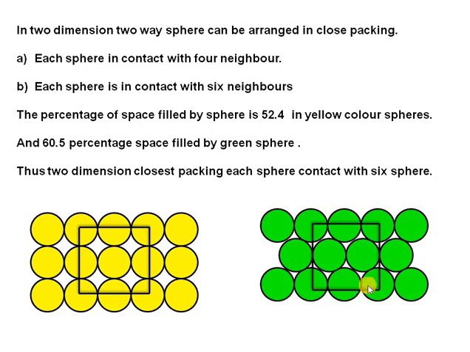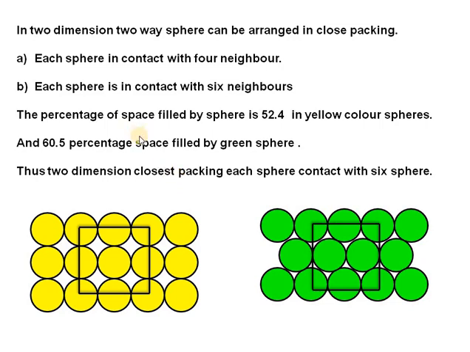What is the radius of this? It is also 4r. And hence two types of arrangements of spheres can be made in crystals having close packing. In one way there are four neighbors, and in the other way there are 6 neighbors.